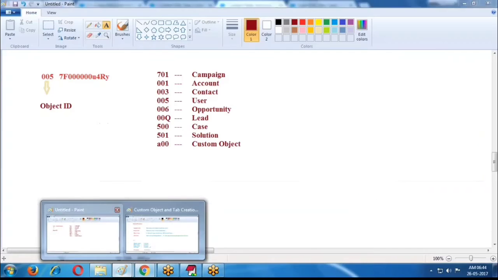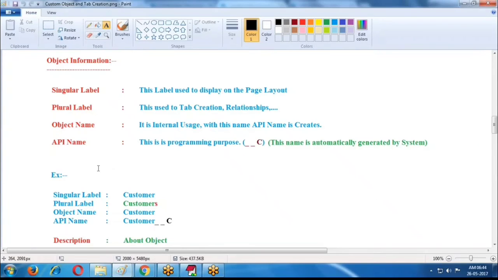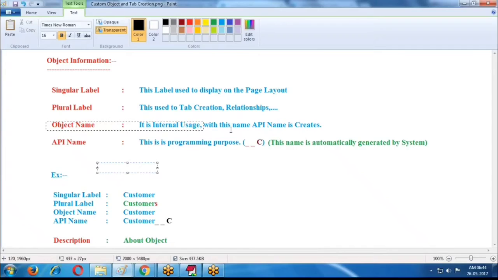And the object name. In the administration, if you want to use the object name, through this object name, internally it creates an API name. What is the API name? Application Programming Interface name.